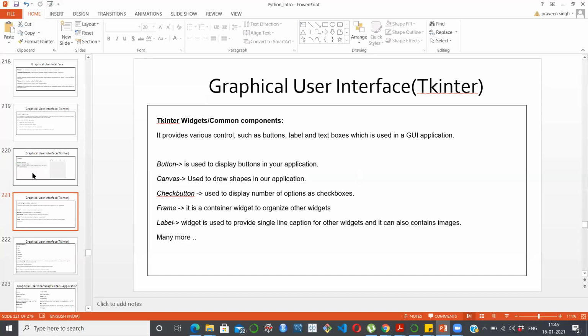Canvas is used to draw shapes in your application. Checkbutton is used to display a number of options as checkboxes. Frame is a container widget to organize other widgets. Label widget is used to provide a single line caption for other widgets, and it can also contain images and many more things.